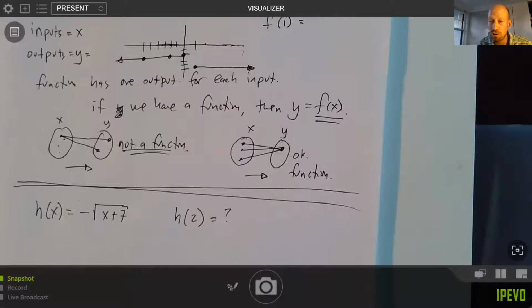Just like a line. So notice this is not a linear equation because it's got a square root in it. That changes it. But it is an equation, and so it has solutions, and we want to know where those solutions are. What are the points, right? One way to do that is to just plug in a value and see what happens. You can plug in lots of different values. It turns out that 2 is a nice value because